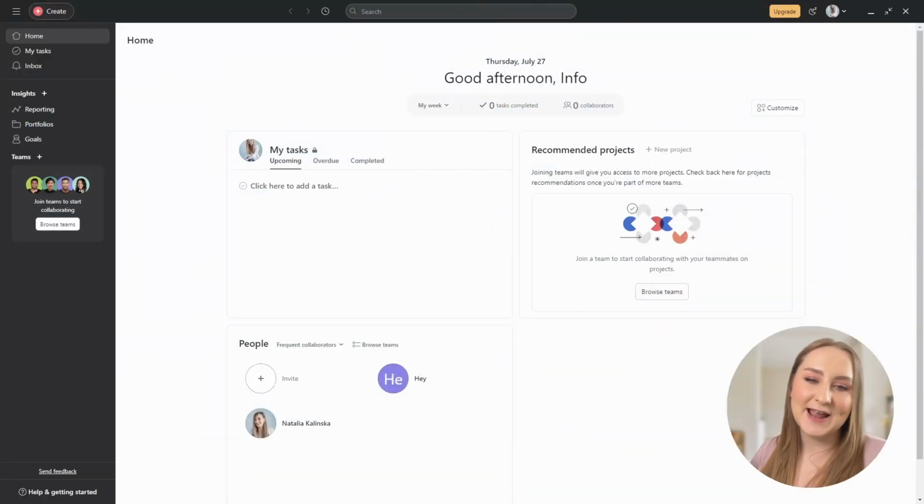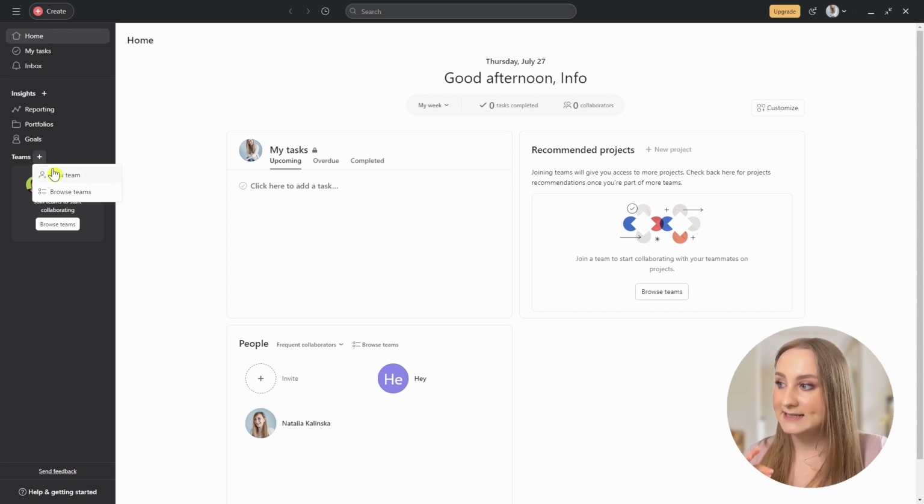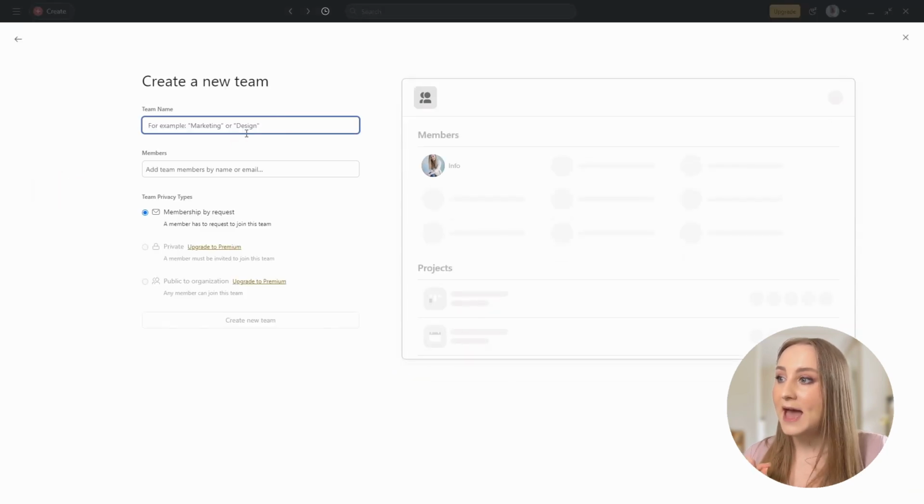Now we're ready to create our very first team, and this is done from the left panel in here. Now, the way you set it up, of course, is very much unique to you, but I like to think of the teams as parts of my business. So if you have a sales team, if you have a marketing team, you do the exact same thing for your Asana. So click on the plus sign right next to teams, go to new team, and from here, you